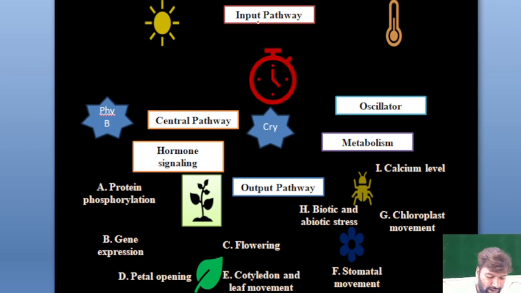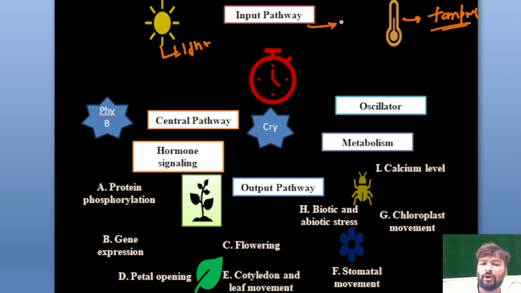In the input pathway, we include light and temperature. So these are the input pathway of circadian rhythms, which entrain the